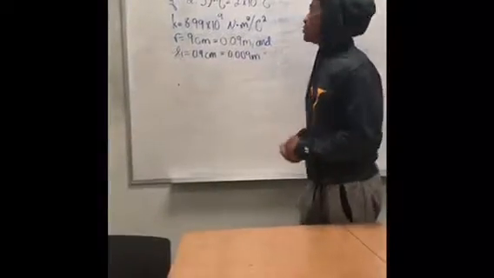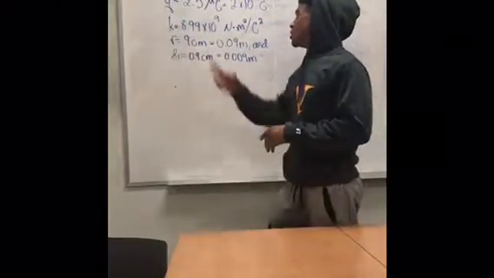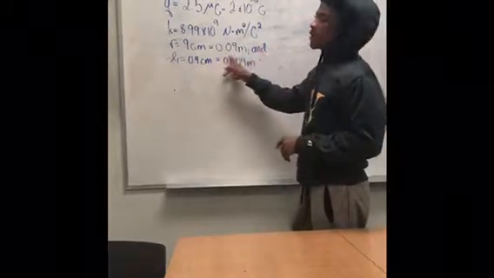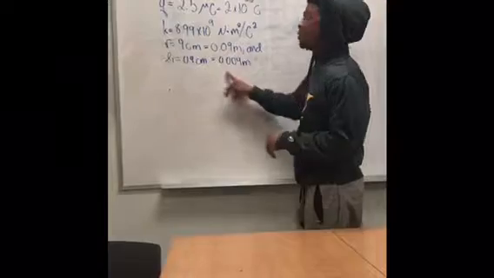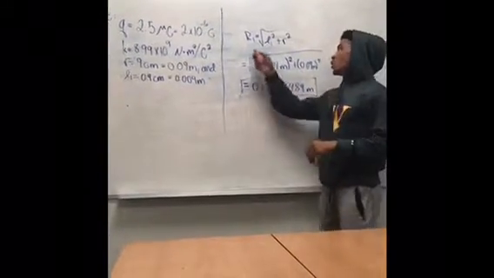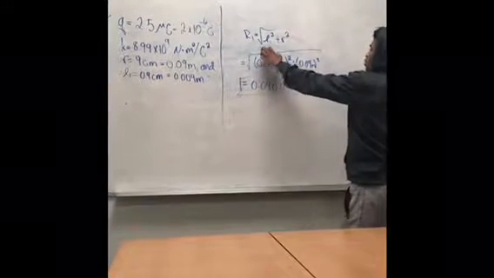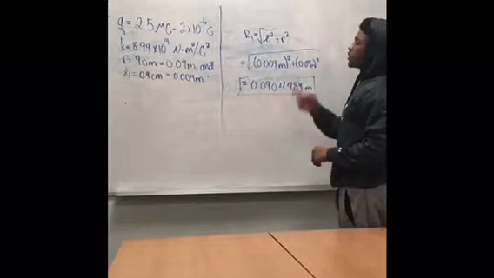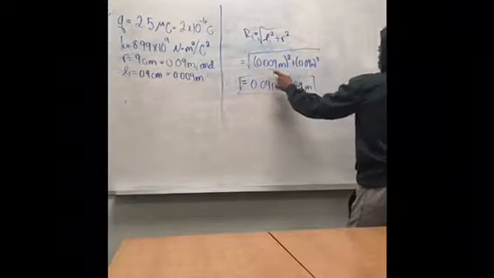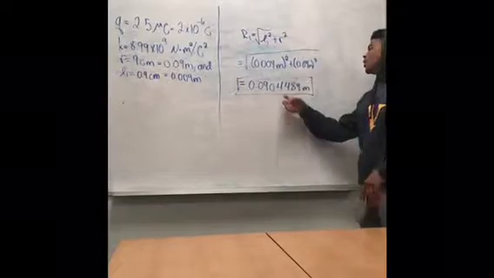So after looking at the problem, we discovered that these are all the givens, which is Q, K, R, and L. Q is going to stand for the charge, K is going to be the Coulomb's constant, R is going to be the radius around the ring, and L is going to be the length from the center of the ring. Alright, so first things first, in solving this problem, we got to start off with this equation, which is trying to find R1. And R1 is going to equal the square root of L1 squared plus R squared. So the givens are L, R, you just plug it in, which is 0.009 meters squared plus 0.09 meters squared, and it's going to equal